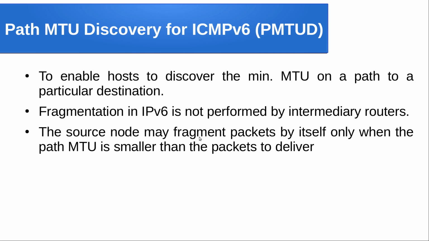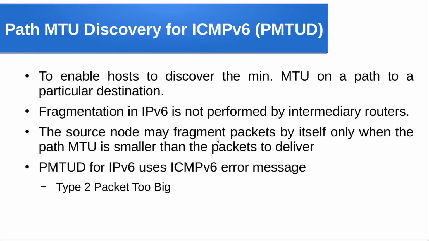So first it will try to avoid this fragmentation completely by requesting the higher layer to send information of size less than this path maximum transmission unit. But in certain cases, if the higher layer is not able to help the network layer, the source is not able to avoid this fragmentation. In that situation, the source will fragment the data by looking at the path MTU, which is found just by using ICMP version 6. We will see how it is to be calculated. Accordingly, the fragmentation will be done at the source, not at the intermediate routers.